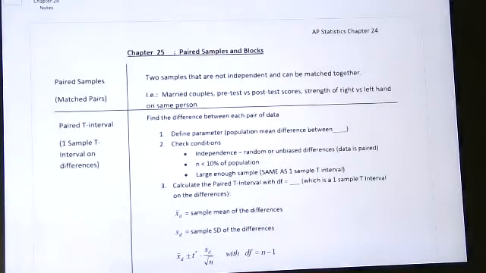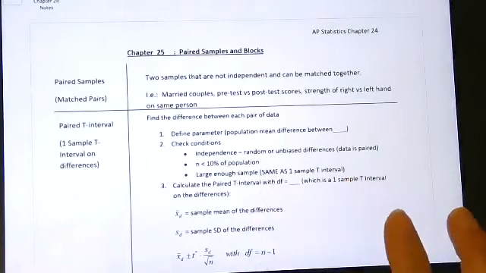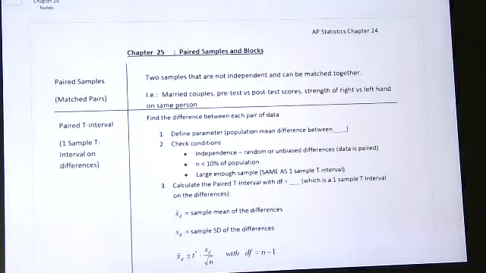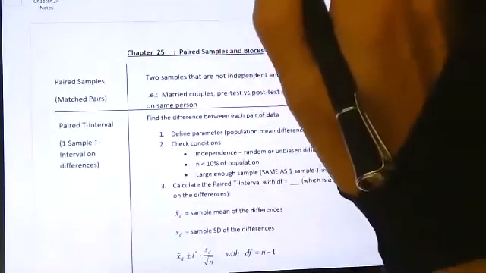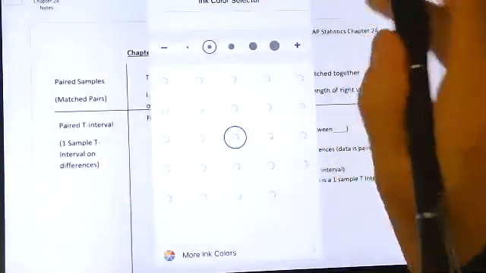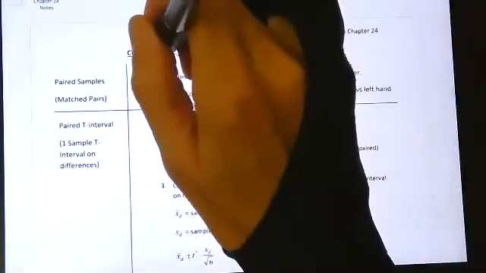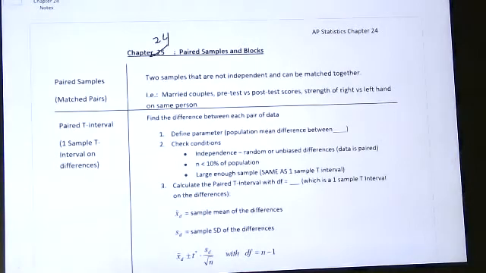And hopefully we are all good to go. Oh, look, it says chapter 25 at the top. That's old because our old book, before we updated to the new edition last year, all the chapters were off by one. So that's really chapter 24. Used to be chapter 25, but now it's chapter 24.